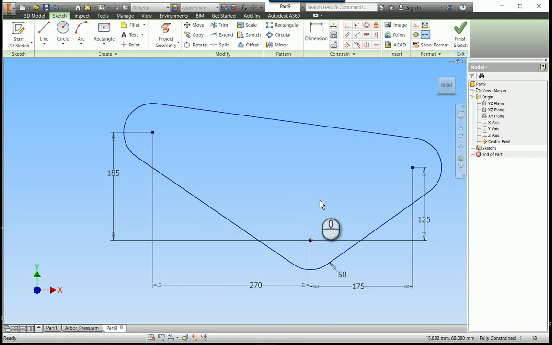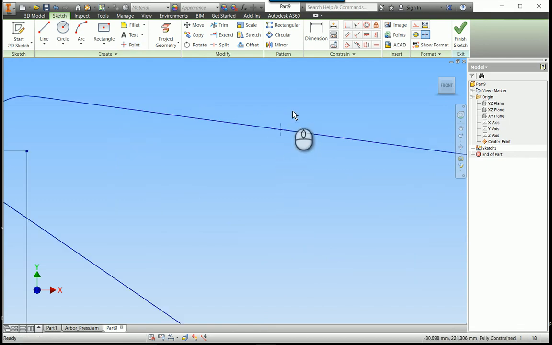Alright, I'm going to put a point at the midpoint of this line. So I'm going to come along here until I find the midpoint, and I'll put a point right there. And let's zoom in on that location, and I'm going to draw a line parallel to this line. And if it doesn't show you automatically that it's going to do parallel, just come up and scrub the line. Don't click on it, just scrub it,